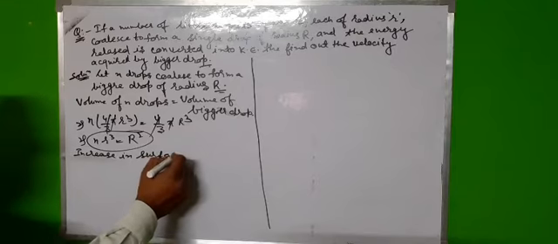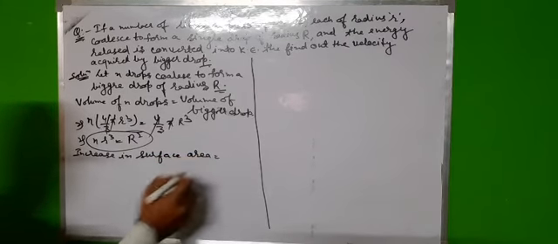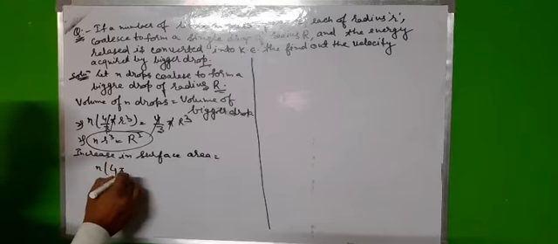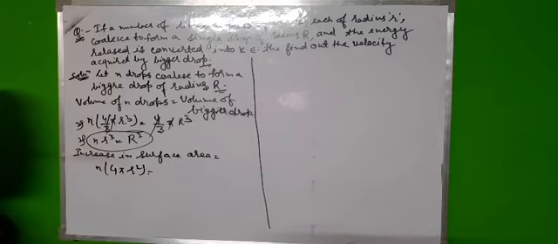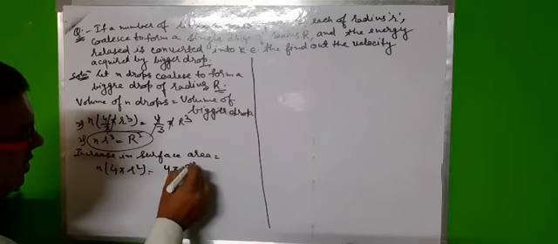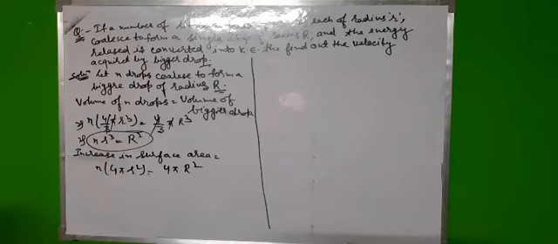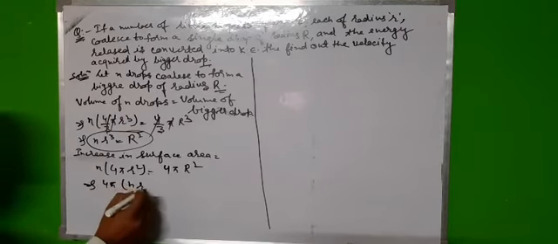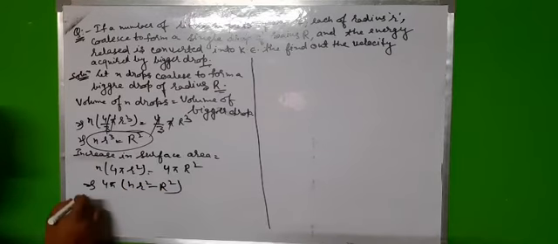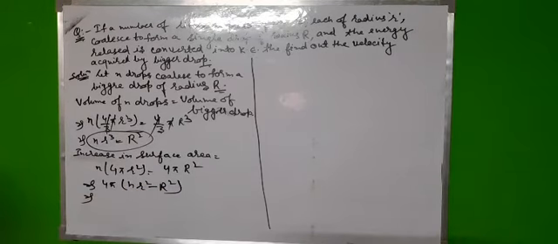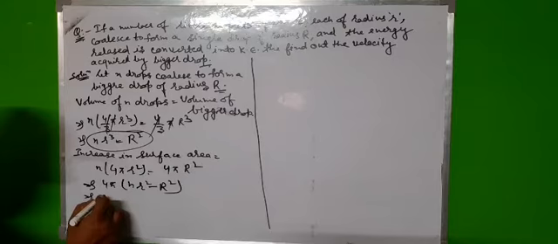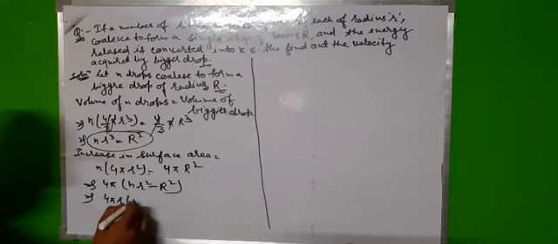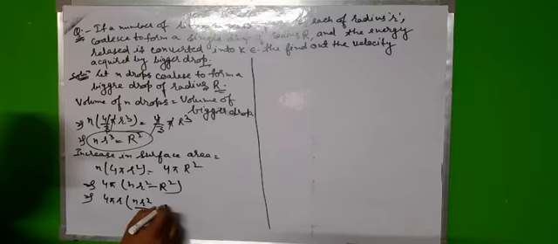So increase in surface area: n 4 pi small r square, that is the surface area of smaller drops, is equal to 4 pi capital R square, and from here we can calculate it as 4 pi n r square minus capital R square. Dividing both sides by r, we get 4 pi r into n r square upon r minus R square upon small r.